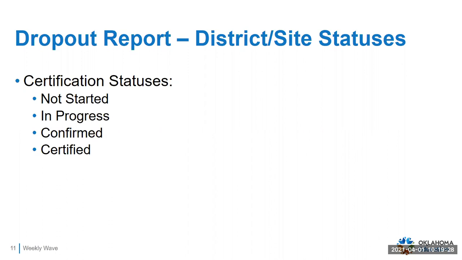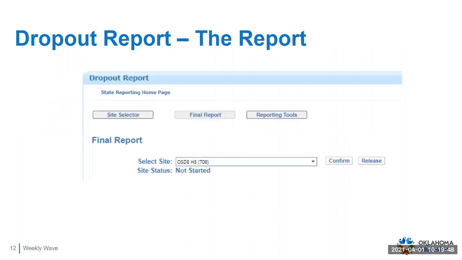We will take a timestamp, and we do know who pressed the button. So if we ever need to go back and reference that, we can. So that is what confirmed is, and certified, meaning the superintendent has signed off on the data being as accurate as they know it. So moving into the report itself, when you first get into the report, you'll see three